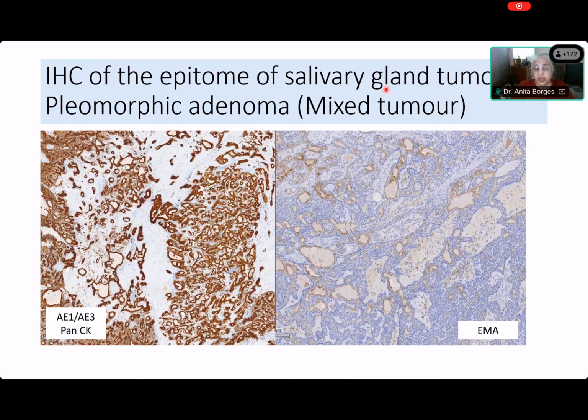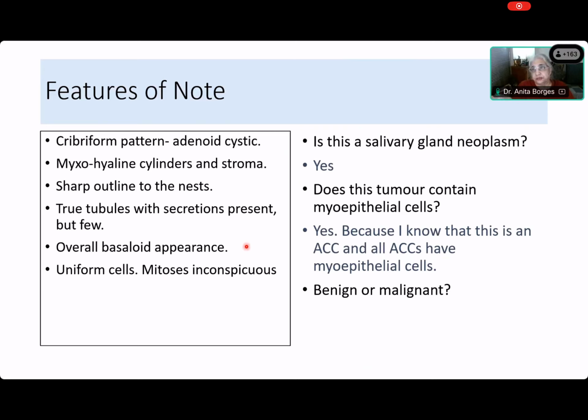Come on, Somik, what's your confusion? Because if you have confusion, others have confusion, and I want to get this straight. Madam, because mitosis was inconspicuous and there was no necrosis, I can see in this slide. So I knew that this is the problem. There are no mitoses, they're uniform cells, they all look monomorphic, and that's why.